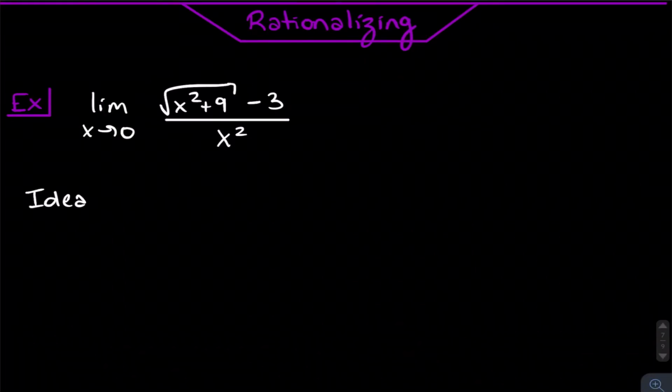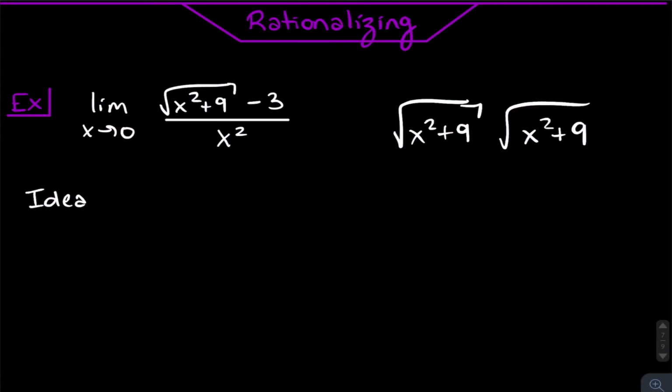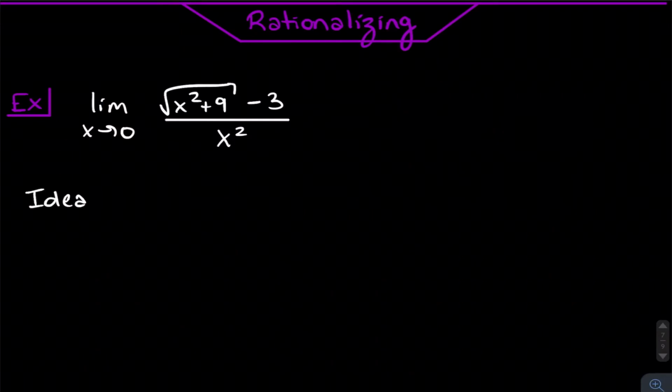Right? We know that if we multiply the square root of x squared plus 9 by itself, right? We multiply it by the square root of itself. The square roots will go away and we just get x squared plus 9. But here's the problem. That's cool. We can multiply this piece by itself. But if we multiply this straight up by the square root of x squared plus 9,